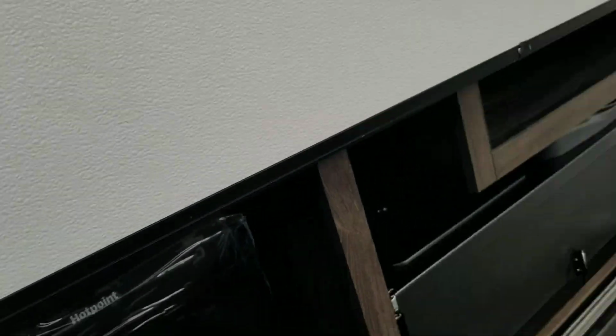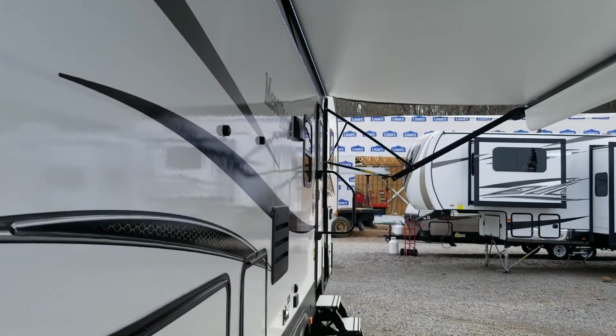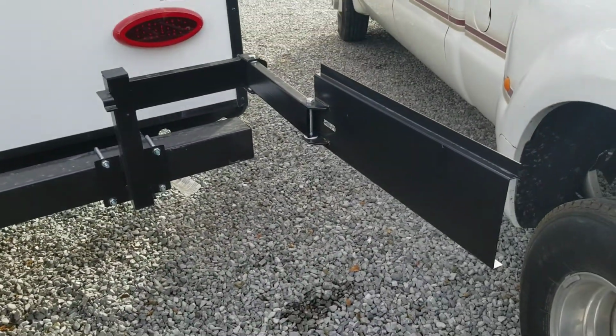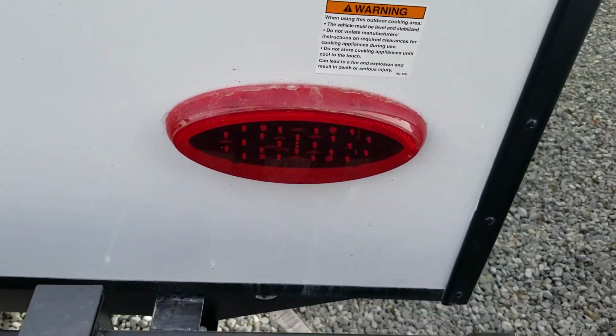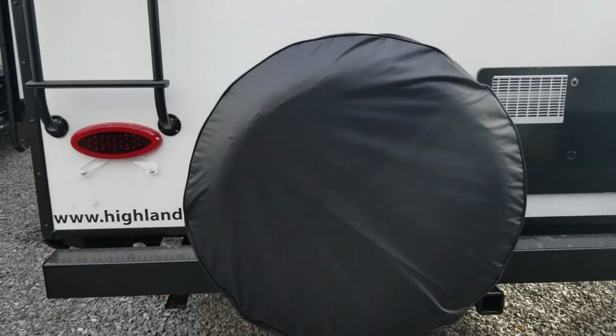Go ahead and close this slam latch door here. See how nice and firm it closes shut, looking down the door side of the trailer. Here in the back, you've got the swing out grill. So the grill's still in the box under the bed, but the swing out grill mount is mounted from the factory on the back. LED lighting inside and outside, 17.8 gallon per hour hot water heater, spare tire cover with